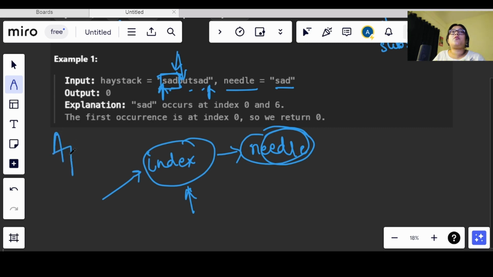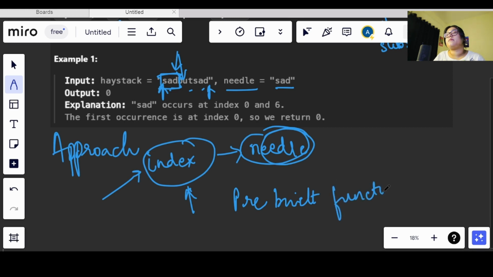So we can get the index directly using the pre-built function, and if we don't find it, then we will return -1.